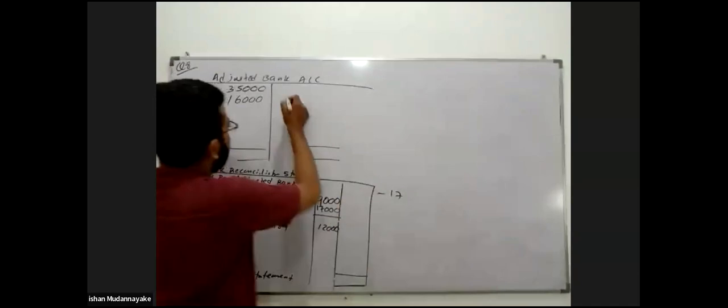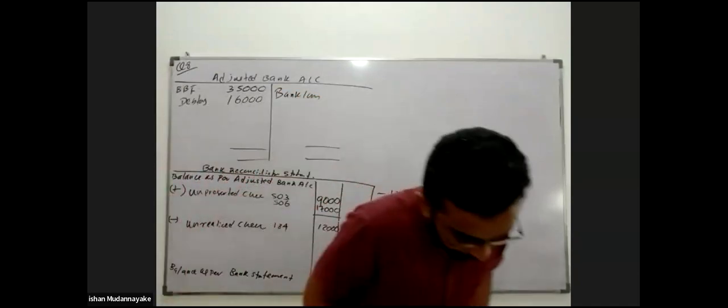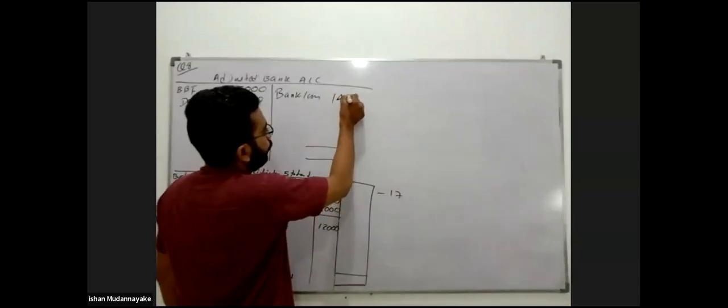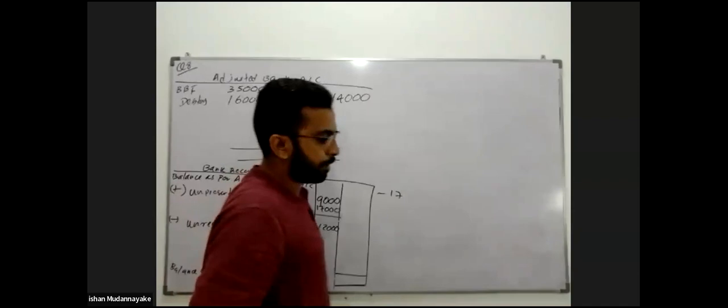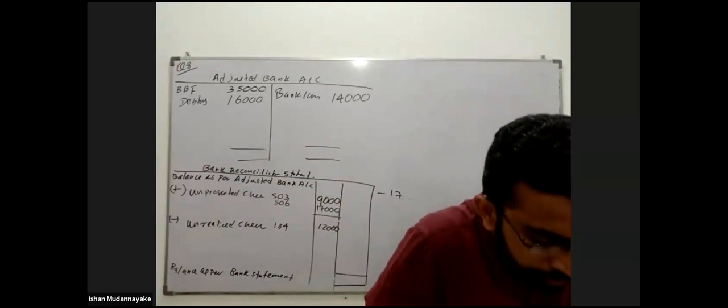Then here, bank loan credit 14,000. No need to prepare a bank loan account. Adjusted bank account credit. Sir, when the amount is available in the bank account but is not available in the bank statement,